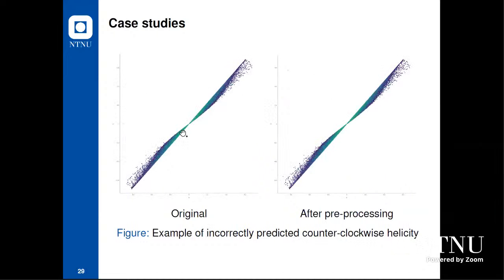This is instead an example of ground truth counterclockwise helicity that has been classified in the wrong way. It is counterclockwise because you can observe this kind of path. So this kind of helicity, if you follow my cursor. But at the same time, those points here can be a bit misleading, and also here, since it is the same graph that